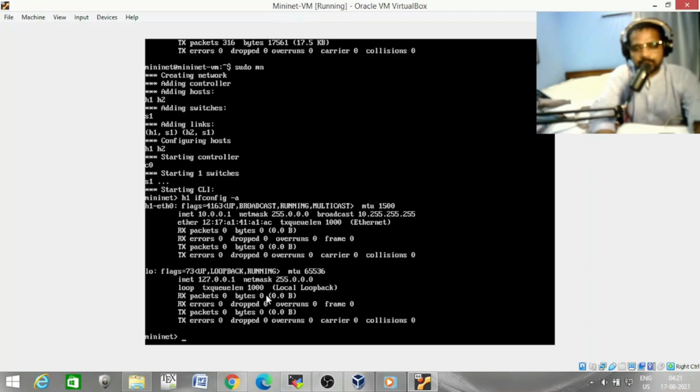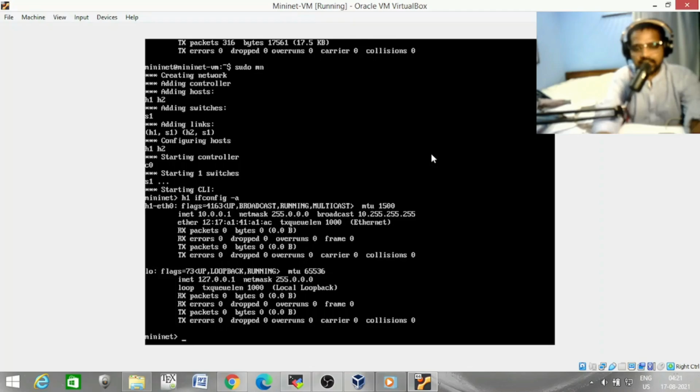So h1 ifconfig -a shows you the interface of your host machine h1. As we have seen in the previous topology that we have two host machines, one switch. So for host machine h1, this is the interface, IP address, and